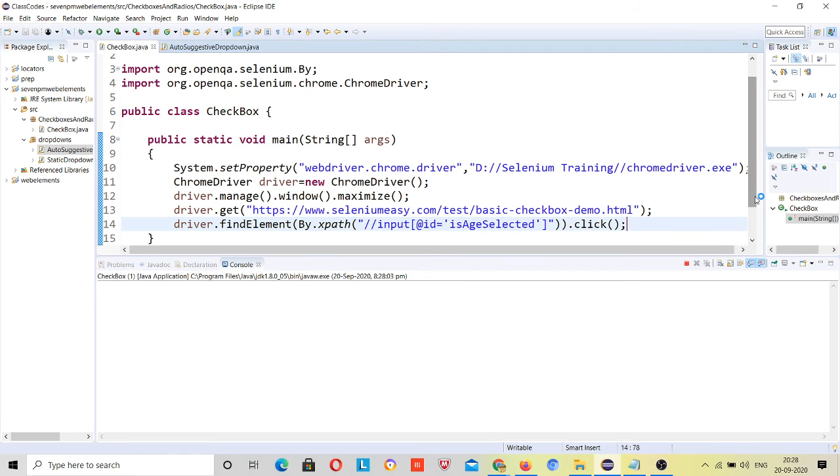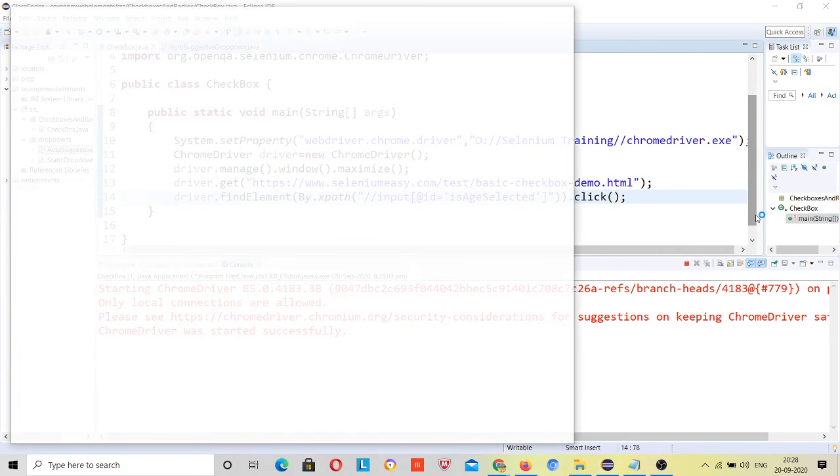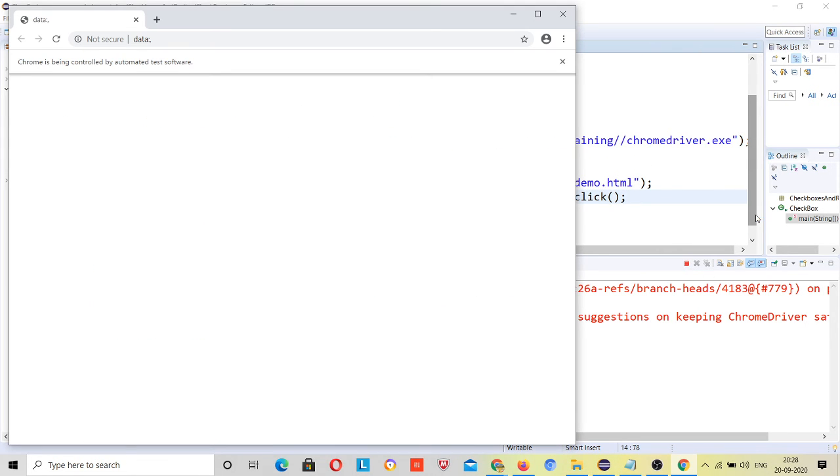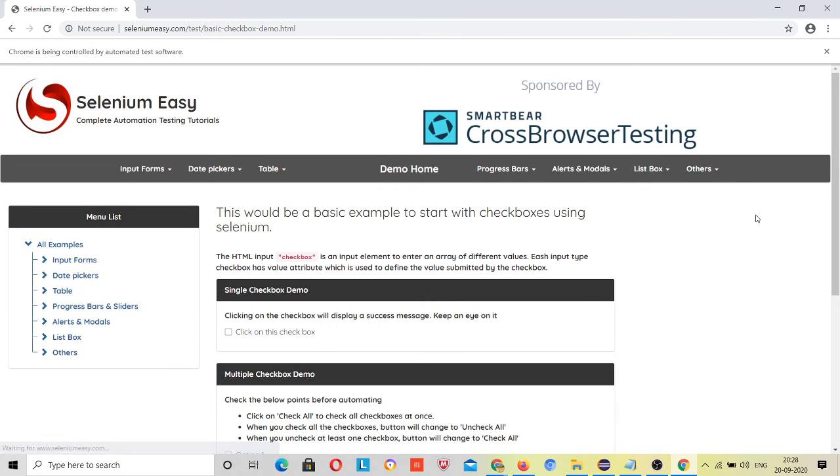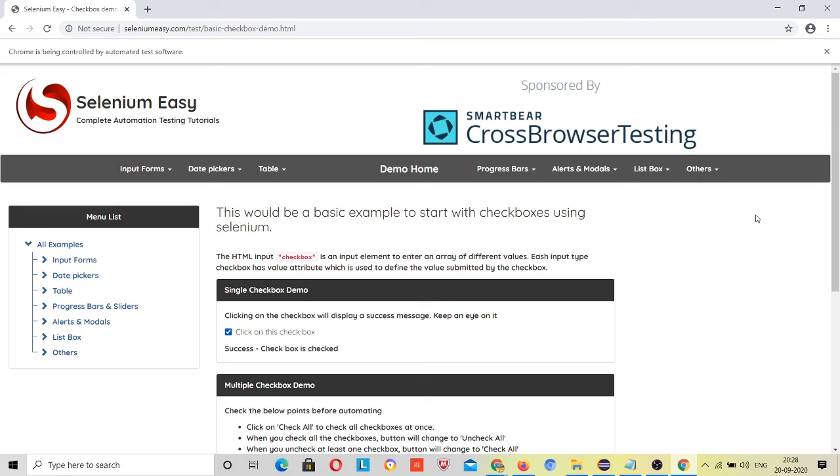If it does not click, then it means that we need to use waits, or here we will use Thread.sleep until we cover the Selenium waits. See, it clicked, because at times it gets loaded, but sometimes you need to use that Thread.sleep.